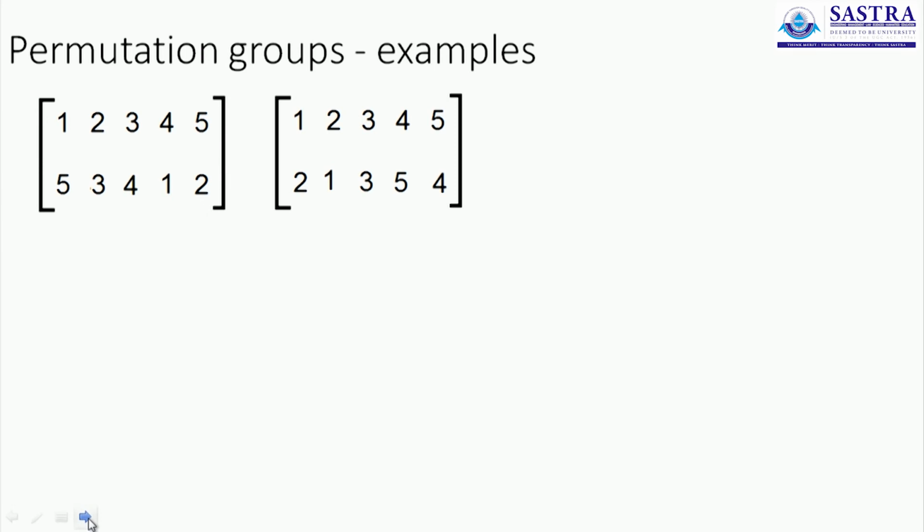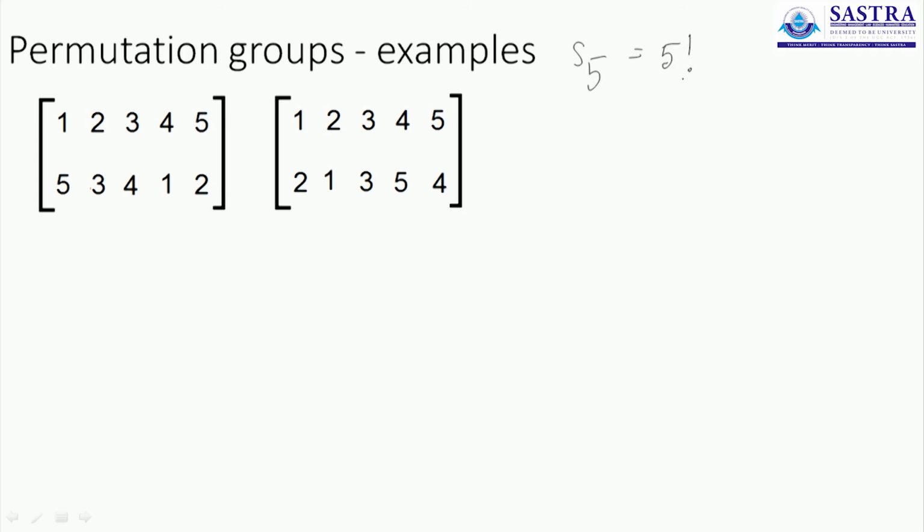Let's have a look at a few more examples to help you get familiarized with this idea of multiplying 2 permutations. On your screens are 2 elements from the group S5. Now what does S5 talk about? Set of all rearrangements of 5 numbers 1, 2, 3, 4 and 5. Now remember S5 will have 5 factorial elements. Just like S3 had 3 factorial elements, S5 will have 5 factorial elements. It will have 120 elements. We are not going to do all of them. I am going to pick and solve a few simple problems.